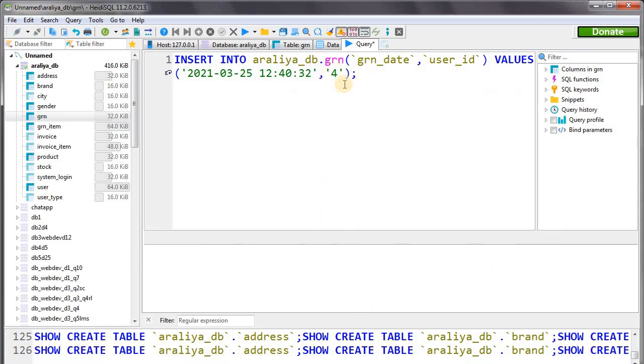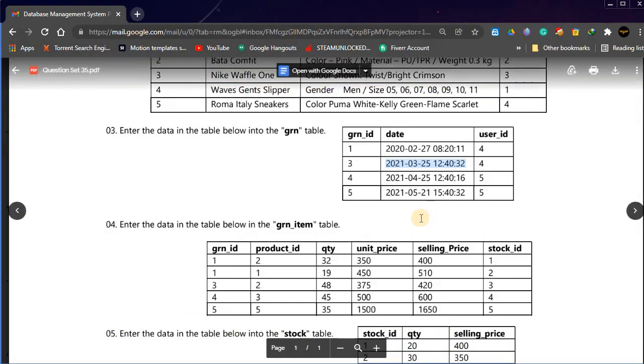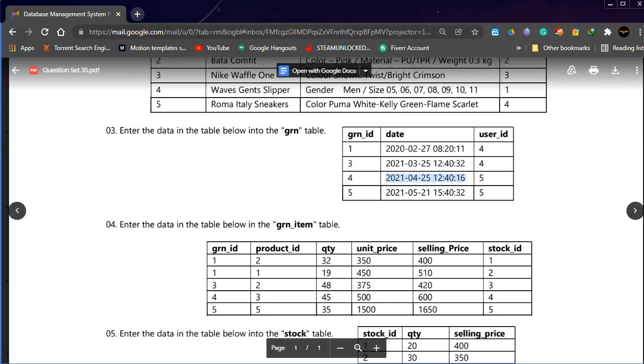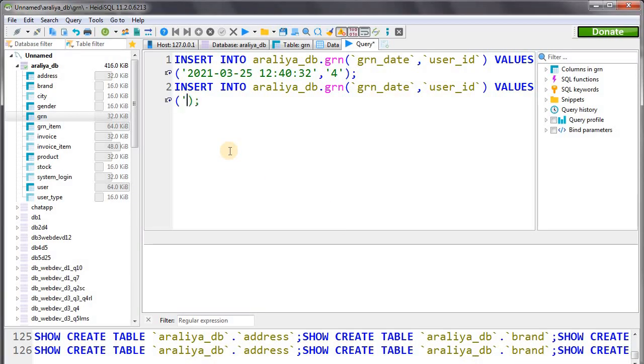Okay, let's write other queries to insert other records too. Insert in, this is the third date and user ID is number 5.